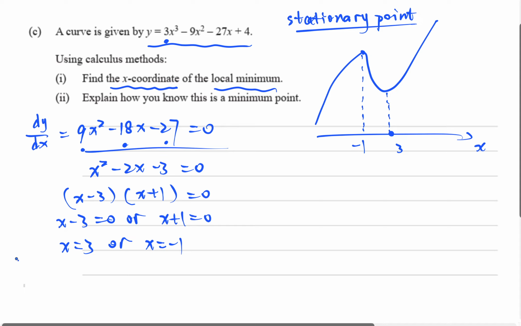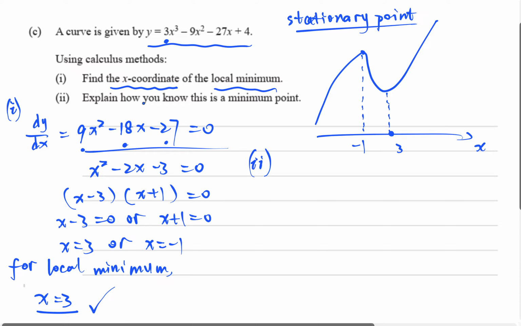So for the local minimum, the x value is x equals 3. That's the answer for question number 1. And for question number 2, we need to explain how you know this is a minimum point. So for the minimum, I check on both sides